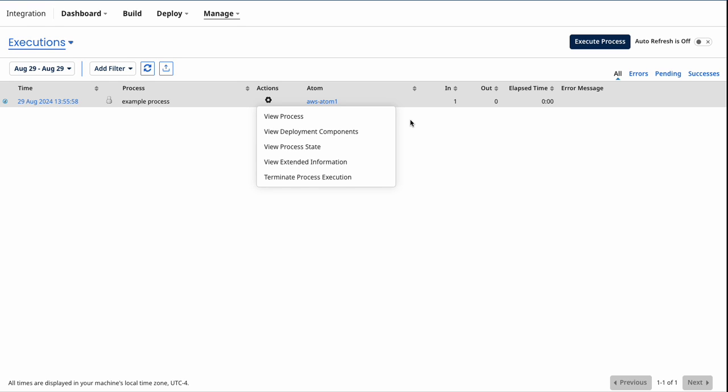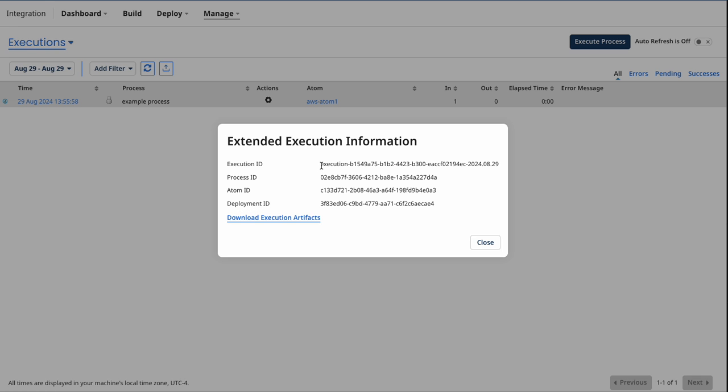If your atom is very busy or is in a low memory mode, it might not be able to act on that message in a timely fashion. I'm going to show you a more direct approach. I'm going to select View Extended Information. I'm going to copy the execution ID, and then